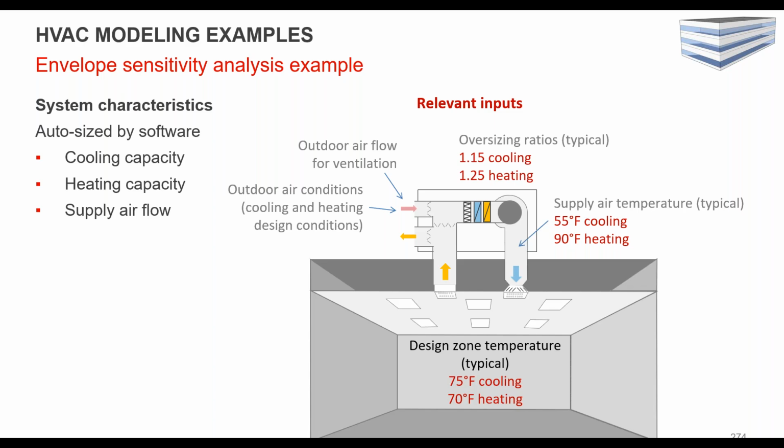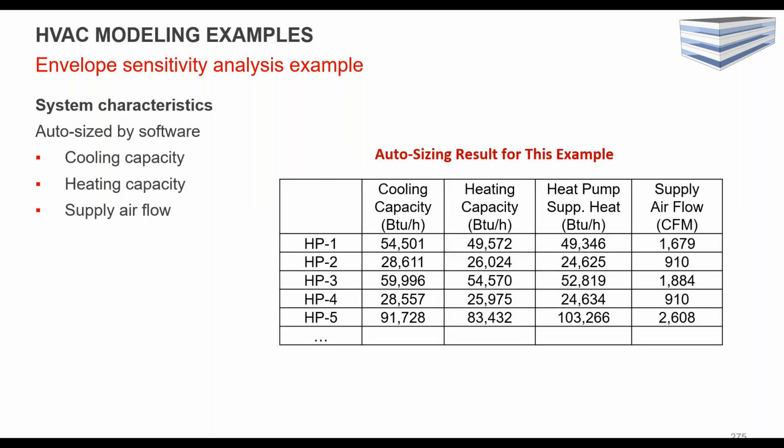You can also include oversizing, and I think 90.1 Appendix G gives you what you should be using for your baseline, and those are usually pretty typical in terms of adding safety factor. So again, there are easy characteristics to follow through if you're doing this just for looking at envelope. And so for this example, running those 5 individual zone heat pumps, you get cooling and heating capacity. There's supplemental heating provided by the heat pumps as well. And again, depending on the type of heat pump and the climate, you might need to have an electric coil as supplement, and then calculated airflow.